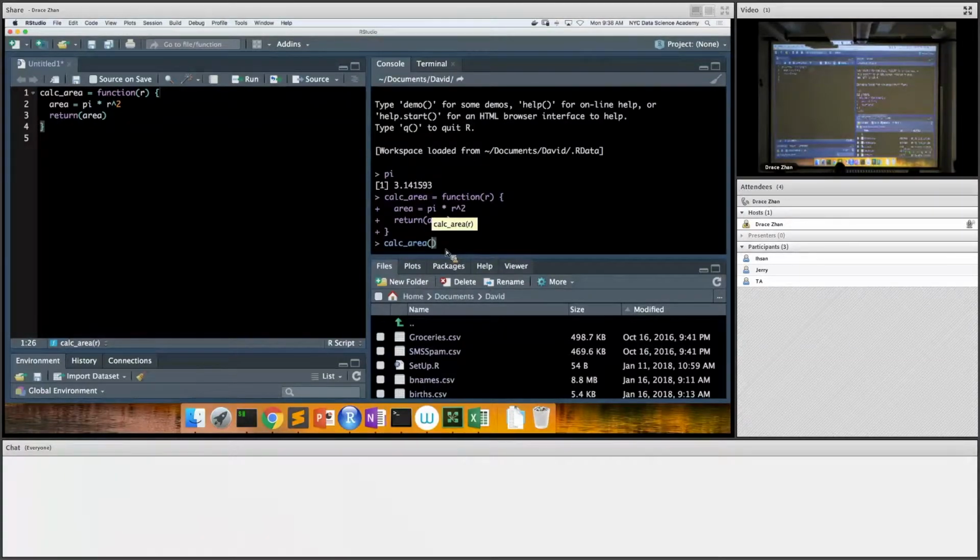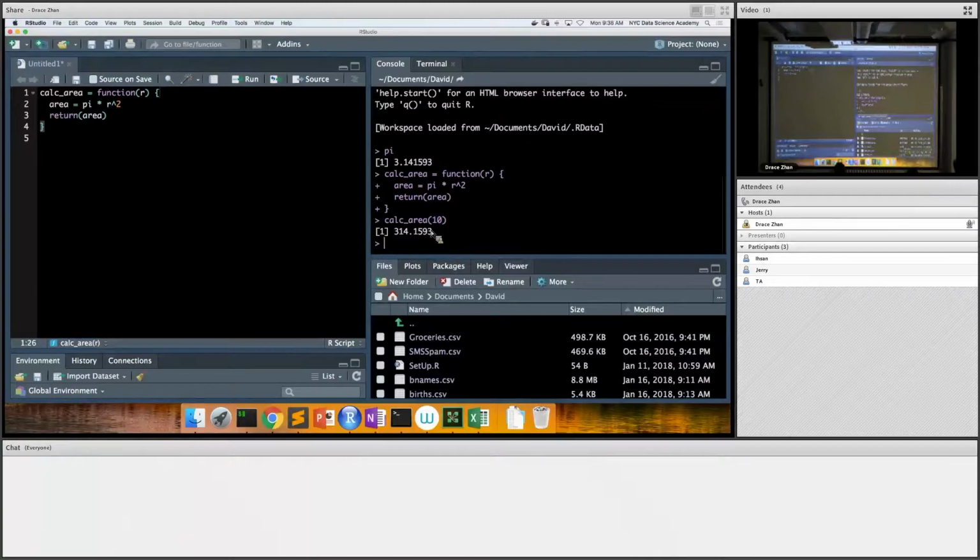Calc area. Also, notice this, just lots of little practical tips and tricks. So I could type in calc, and then I could ignore the underscore. I could start typing area, and the autocomplete will still offer me area. So usually what I do is I don't bother typing underscores. I just keep on typing and let the autocomplete offer it to me. Then I hit tab to use the autocomplete, and I'll have a